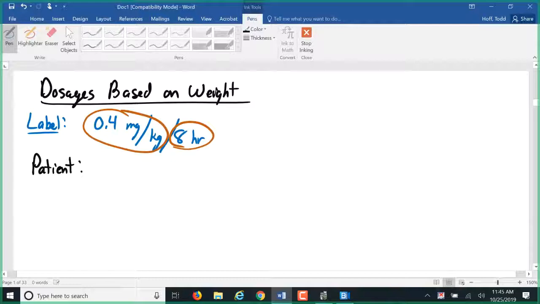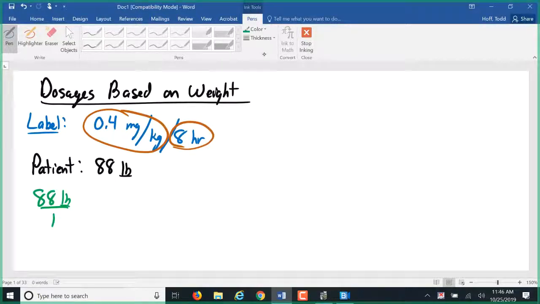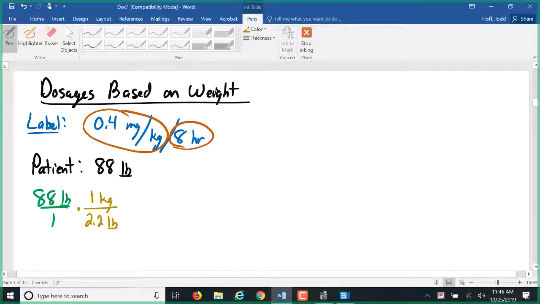Let's say we have a patient that comes in at 88 pounds. Well, our first step is going to be to convert that patient into kilograms. This is something that happens often enough. We could very well set that up as 88 pounds over 1 and do the conversion factor of 2.2 pounds is equivalent to 1 kilogram. It's going to end up giving us